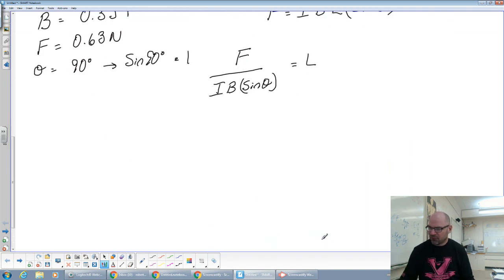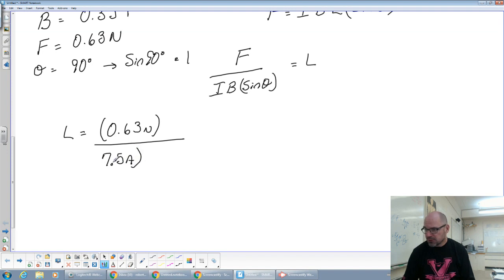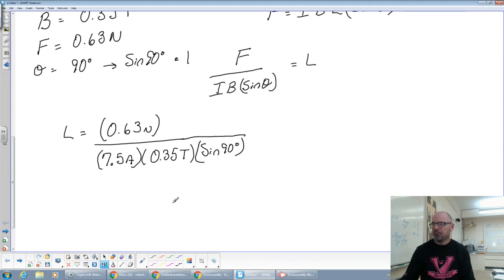Okay, so the length of wire would be equal to force, 0.63 newtons, over the current of 7.5 amps, times the magnetic field of 0.35 Teslas, times the sine of 90, which is 1. Okay, so if we work that out a little bit, do a little bit of working here, we get